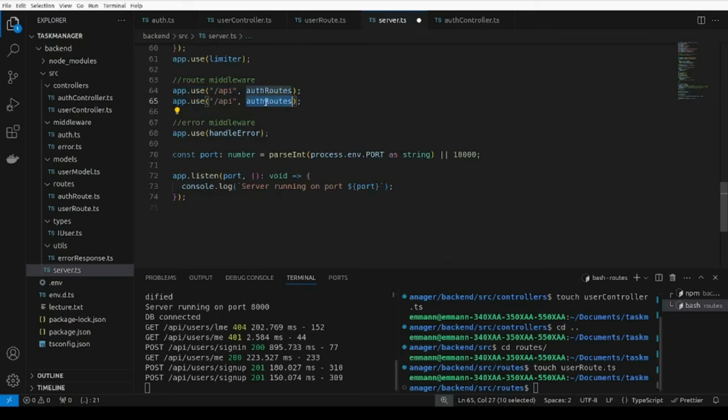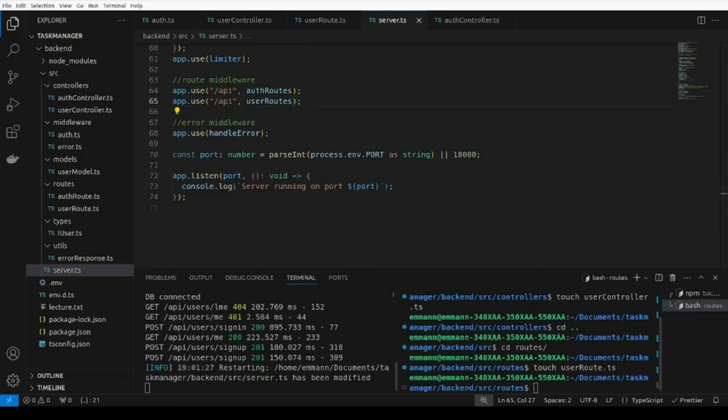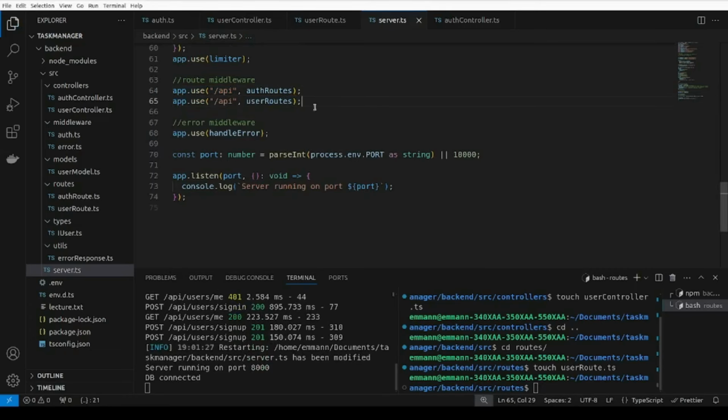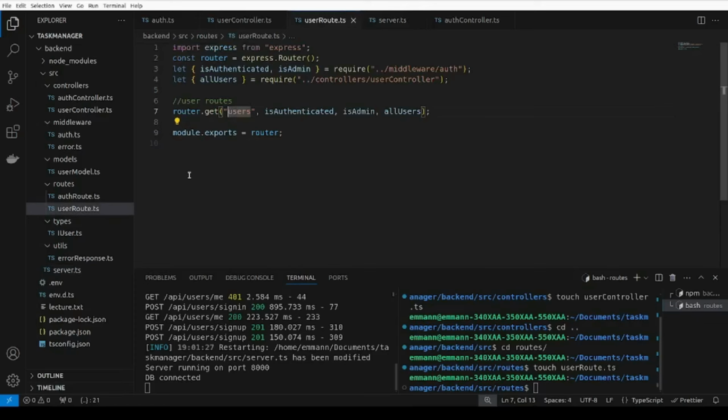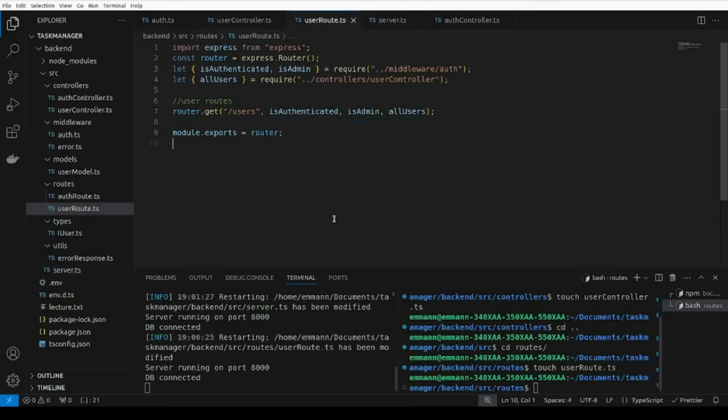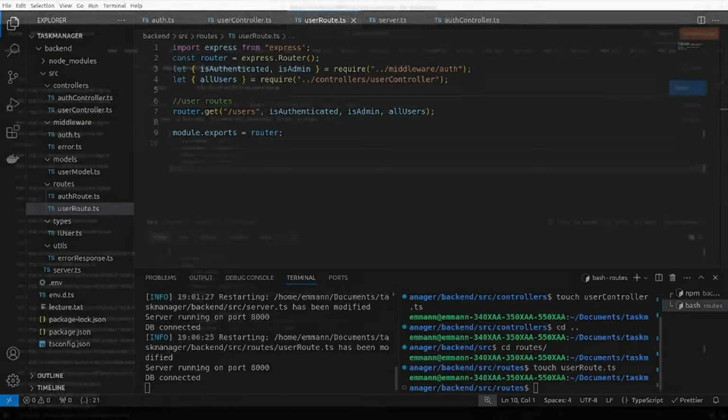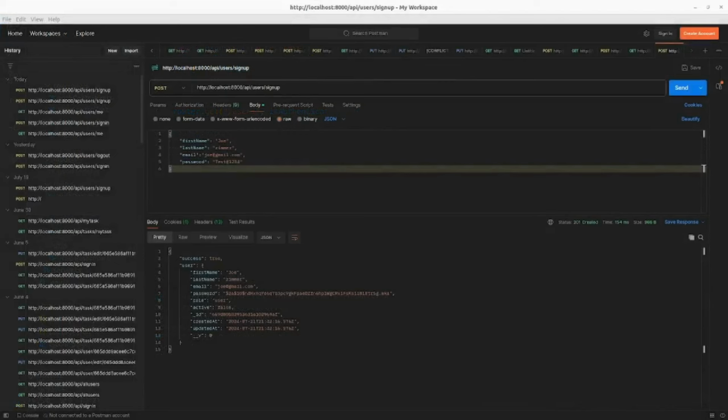We add the middleware inside of it. We made a typo. We forgot that we